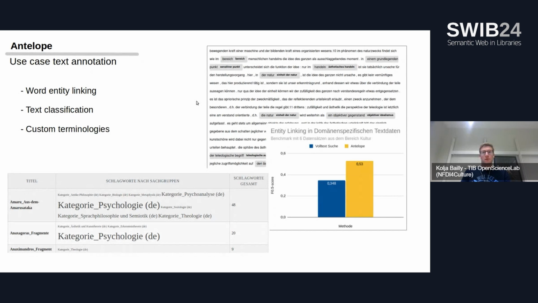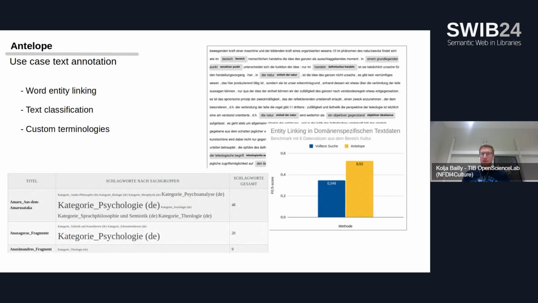One option is to link entities as they were written, but we can also define a semantic distance that should be applied. So for example, here, point is linked to sensitive point, or for example, tomato is linked to vegetable, so you don't have the exact writing, but within a semantic distance, the same